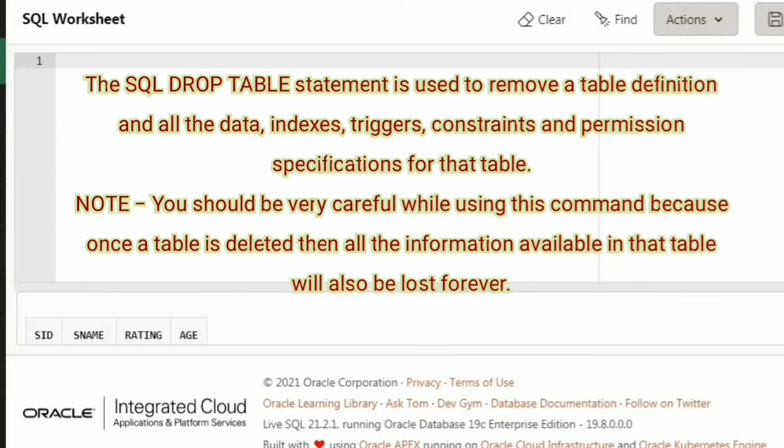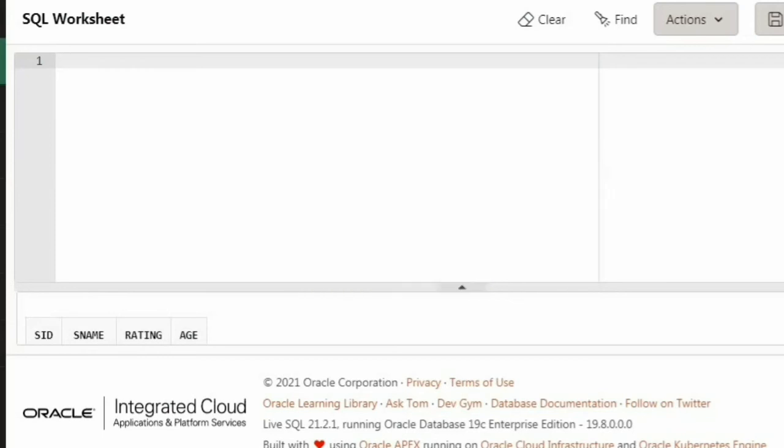This is a very important interview question, the difference between truncate and drop. The difference between truncate and drop is that if you are using truncate command, the table still exists in the database, but the contents are lost. The entire rows are lost. Entire table data is lost. But in the drop command, the table itself is lost. You cannot retrieve the table. If you want the table again, you have to recreate it. So this is the difference between truncate and drop.